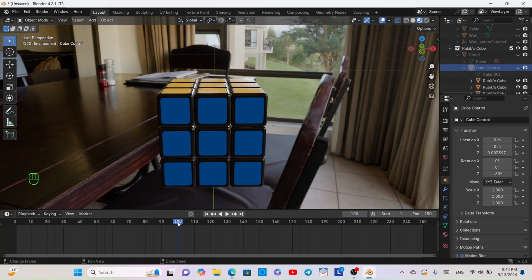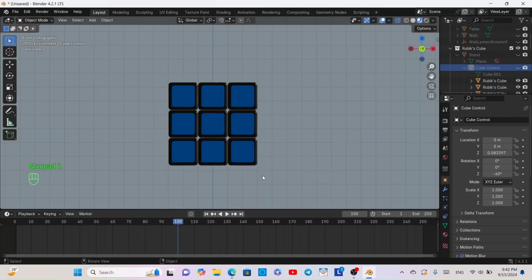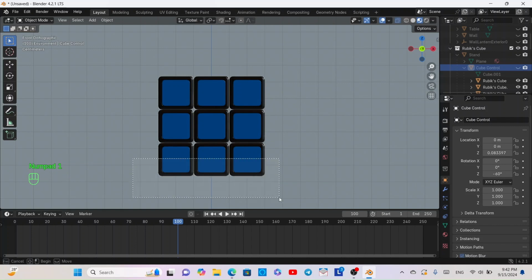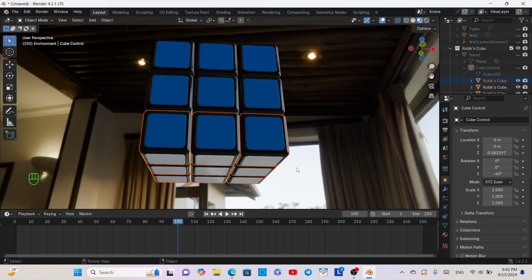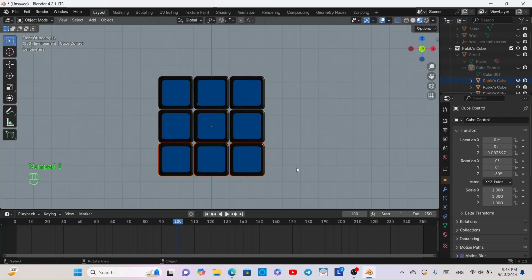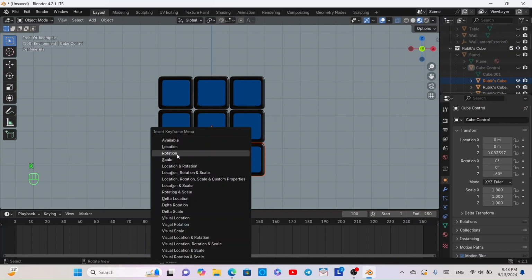Go to frame 100 on the timeline, and then press 1 on the numpad, and then click and drag to select this entire layer. And then what you want to do is click here to enable the auto keying. This will make a keyframe or a recording for the transform data of these objects whenever we change this transform data. What you want to do is press K and add a rotation keyframe